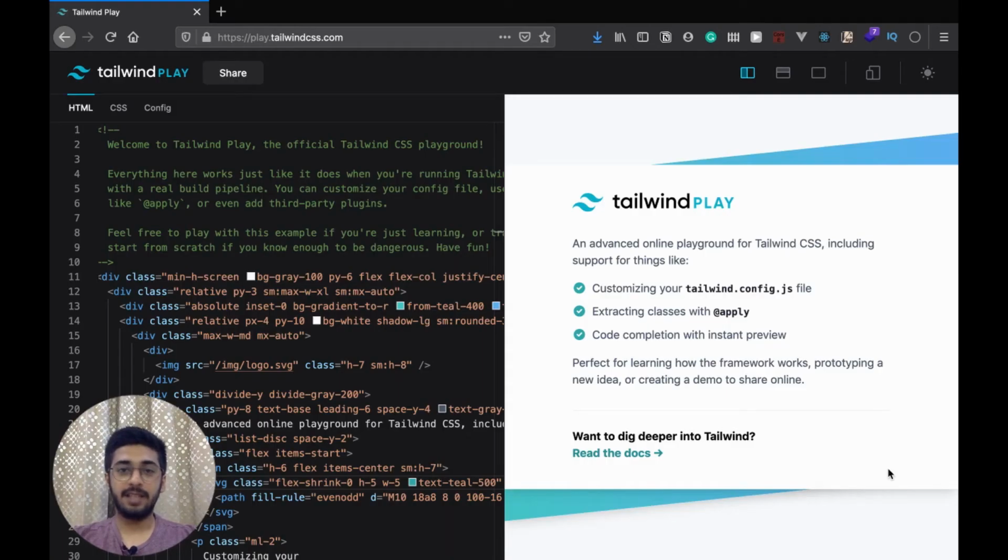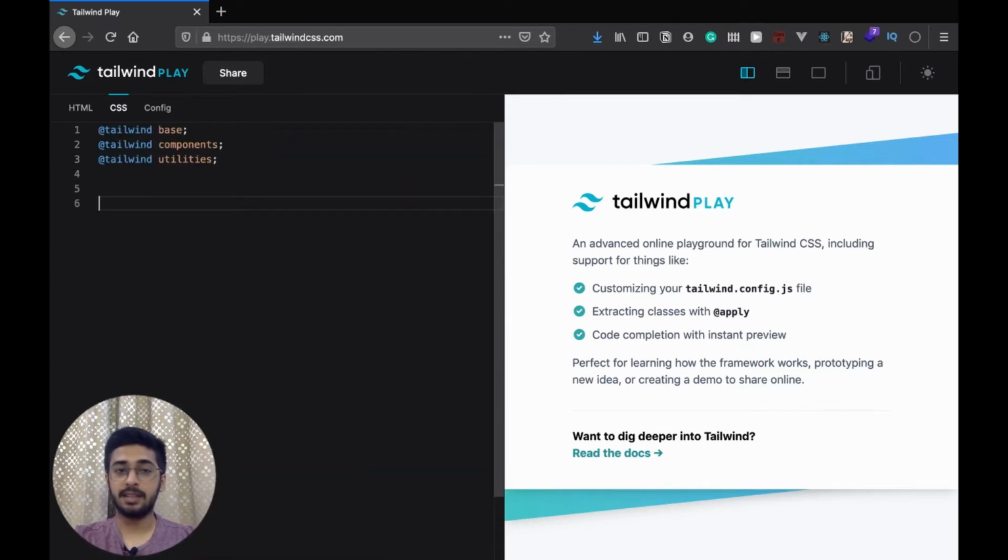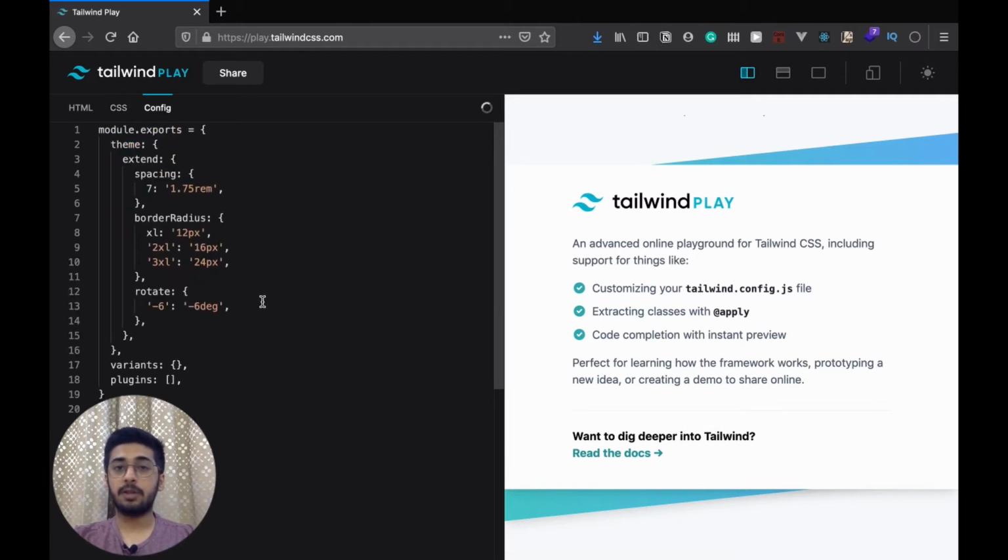So this is basically an interactive coding environment where you can code directly in Tailwind CSS without setting anything up. And you could do this simply in CodePen as well, but there's a huge difference. Over here you can customize the CSS, you can add whatever CSS you want, and you can play around with the config as well to maybe extend it or add some variants or plugins, whatever. And this wasn't possible when you just added a CDN link to CodePen and tried to play around with it.